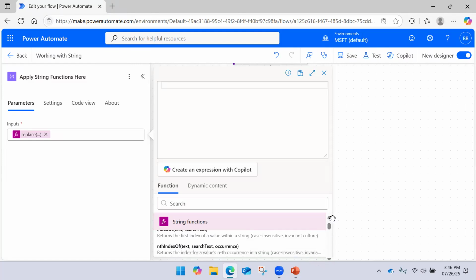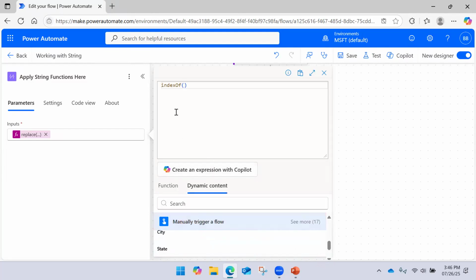Then there is something called indexOf. Okay. So if I say indexOf and here, if I say the text is like our automation for YouTube, and I wanted to know the starting index of this YouTube.